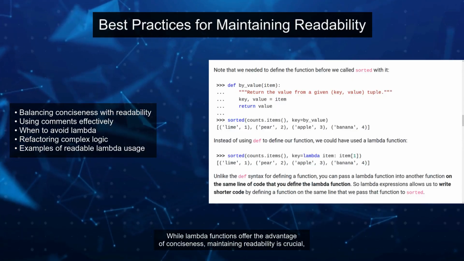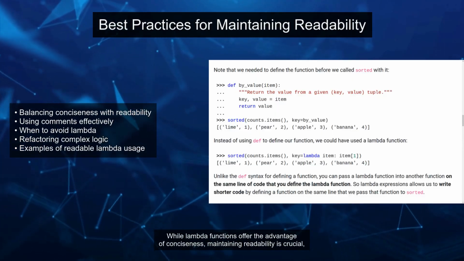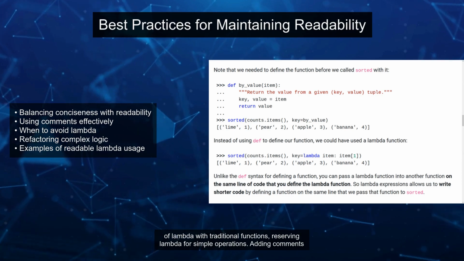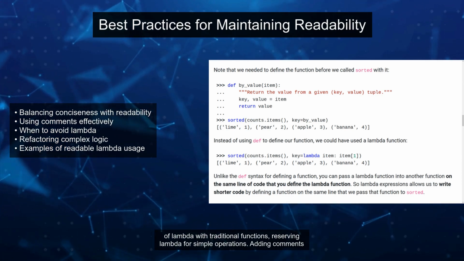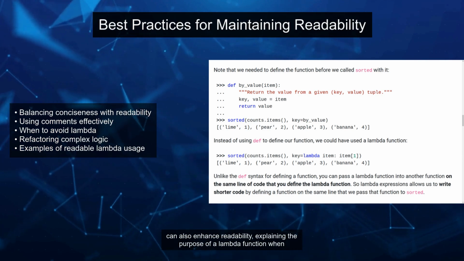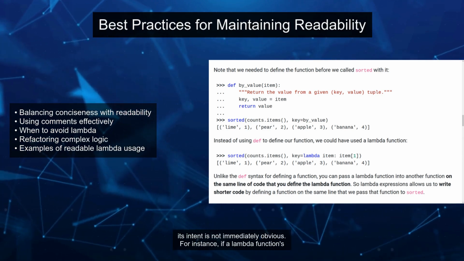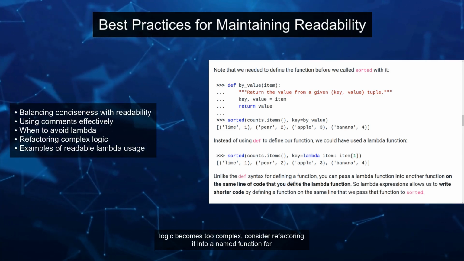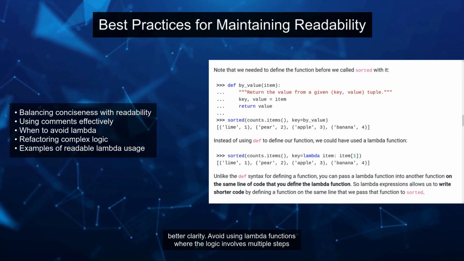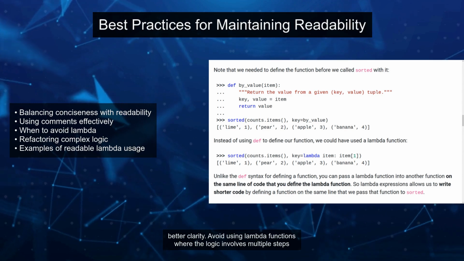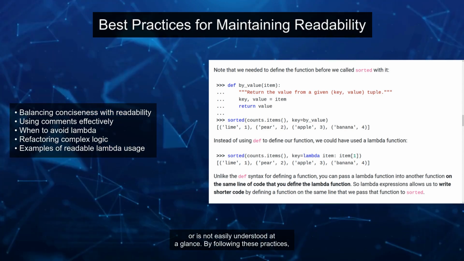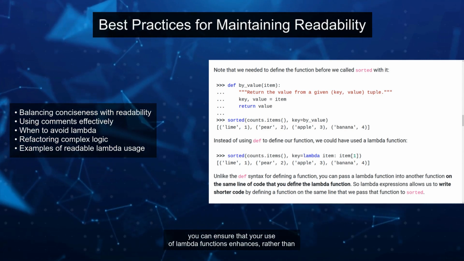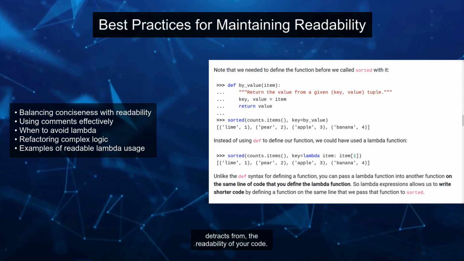While Lambda functions offer the advantage of conciseness, maintaining readability is crucial, especially in collaborative projects. One best practice is to balance the use of Lambda with traditional functions, reserving Lambda for simple operations. Adding comments can also enhance readability, explaining the purpose of a Lambda function when its intent is not immediately obvious. For instance, if a Lambda function's logic becomes too complex, consider refactoring it into a named function for better clarity. Avoid using Lambda functions where the logic involves multiple steps or is not easily understood at a glance. By following these practices, you can ensure that your use of Lambda functions enhances, rather than detracts from, the readability